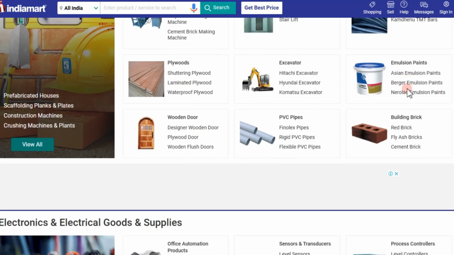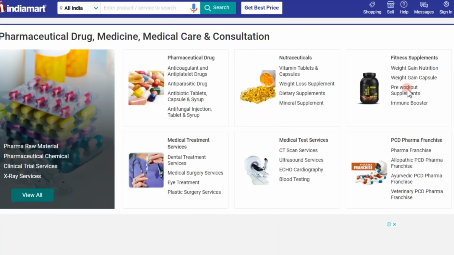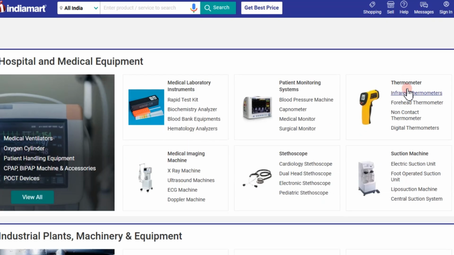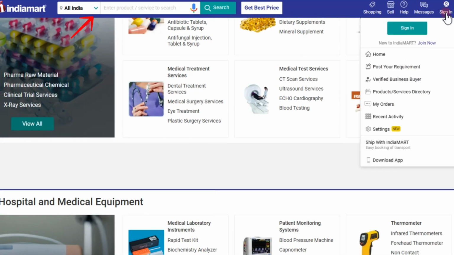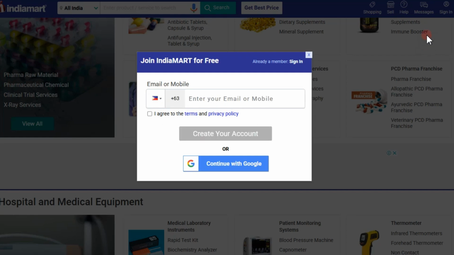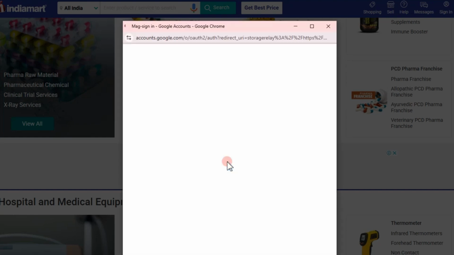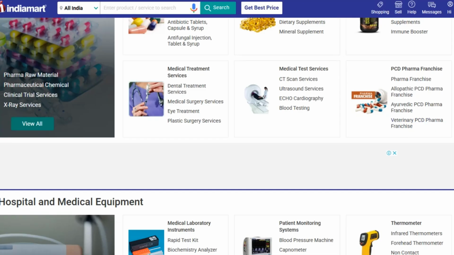Indiamart needs your email and also your phone number. Now, once you have created an account here on Indiamart, what you're going to do is search for the product you want to sell. You can contact suppliers and get permission or agreement to resell their products. Now you need to collect the following details such as the product title, description, price, product images, minimum order quantity,